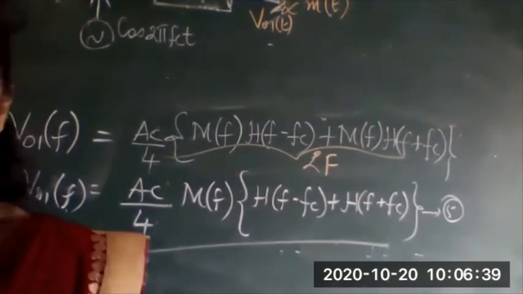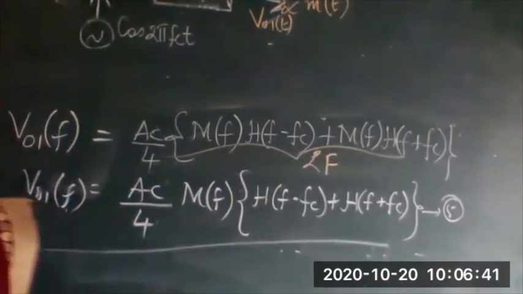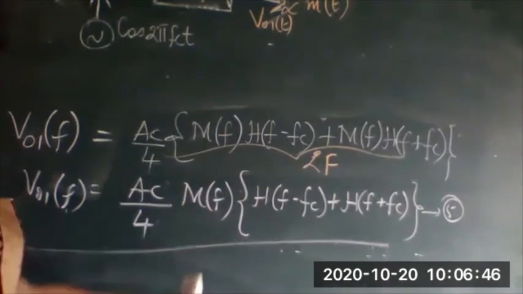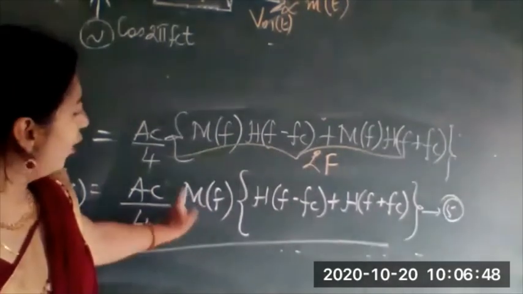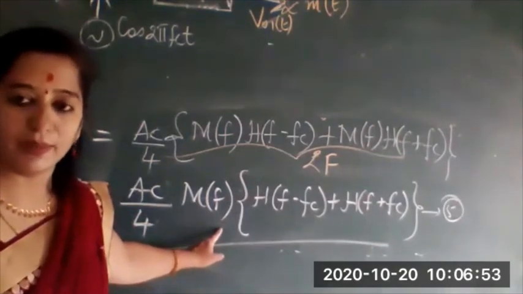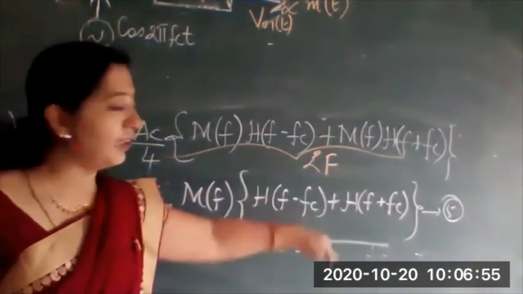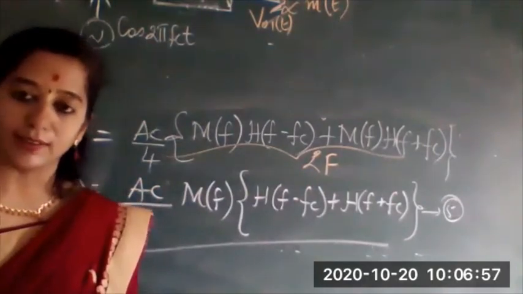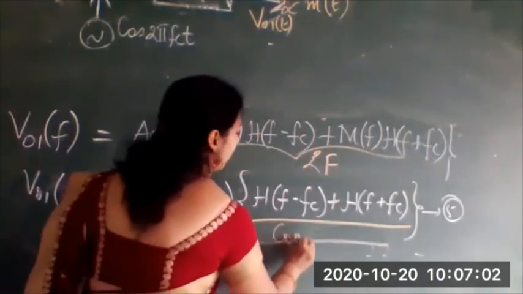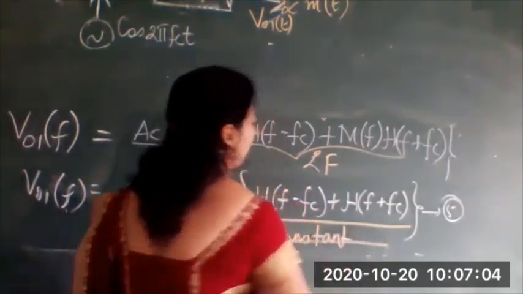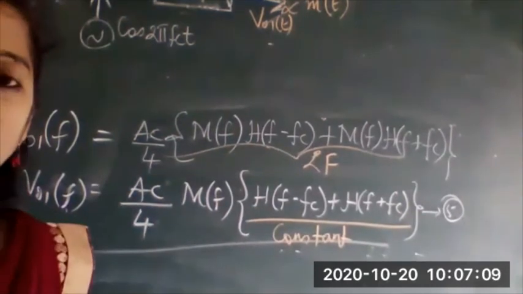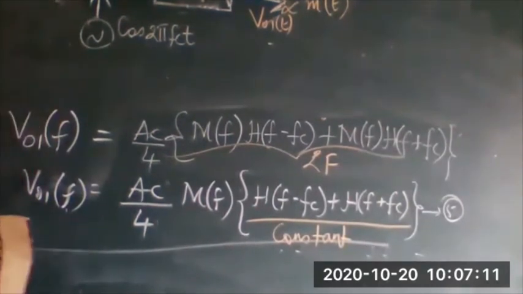Now you just say note. How will I get back the message signal here? I'll be able to get or recover this m of f, from which you will get m of t, the actual message, only if this second term is a constant, right? This should be a constant. Write that. Note, the required message can be obtained